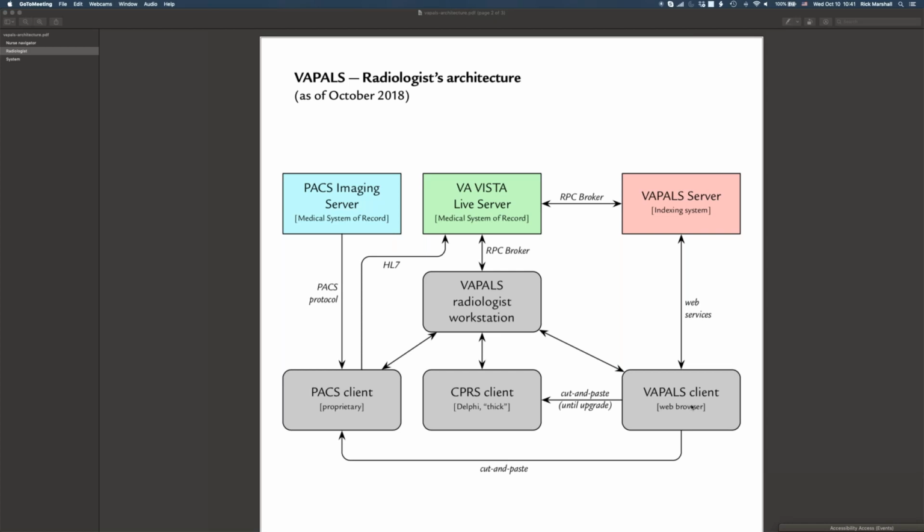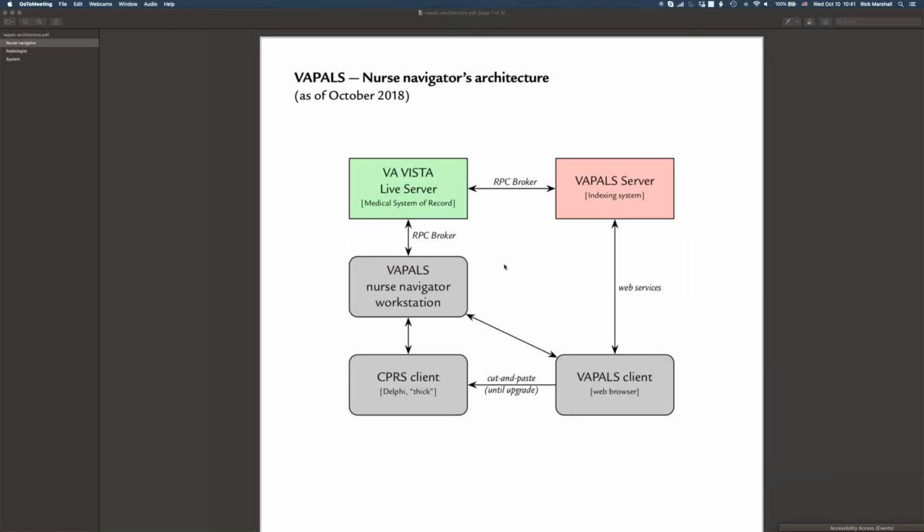Okay, good. I wanted to confirm all that before we got much further. So that means a couple of things. Our plan for the first version for the Nurse Navigator, I'm going to go back a diagram so that I can compare and contrast these two with each other. Our plan for the first version is that they're copying and pasting forms reports into a TIU unit in CPRS,